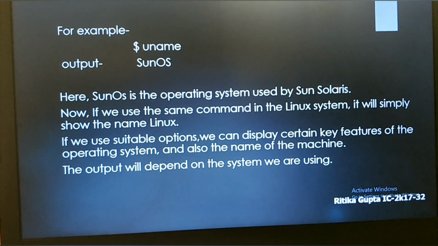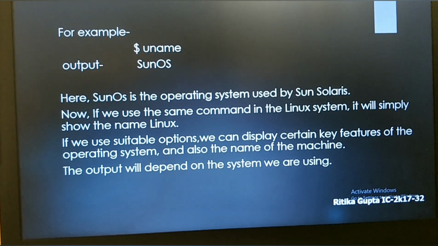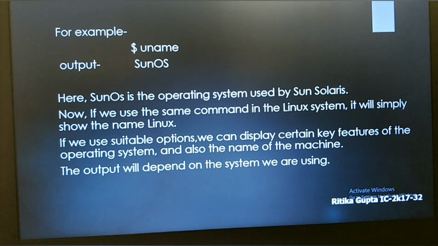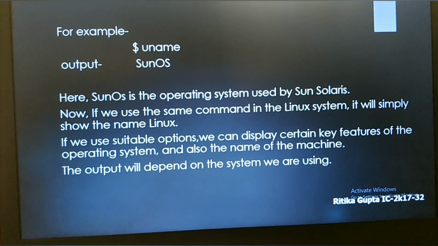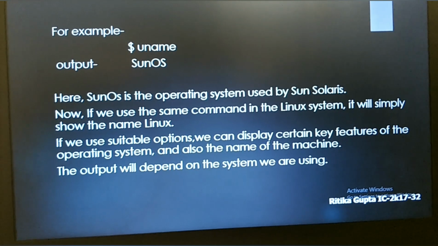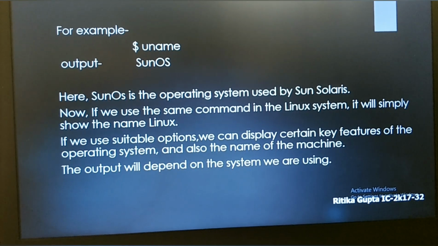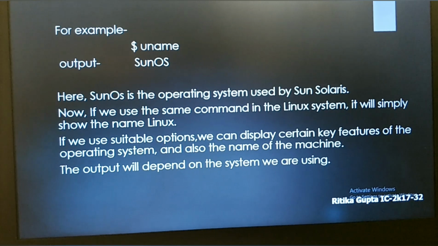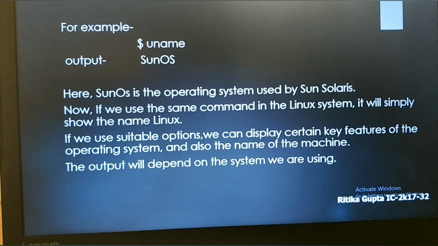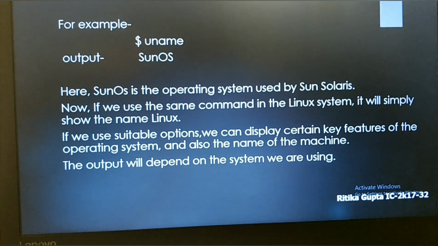Now if we use the same command in a Linux system, it will simply show the name Linux because Linux uses its own operating system. If we use suitable options, we can display certain key features of the operating system and also the name of the machine. Then the output will depend on the system we are using.